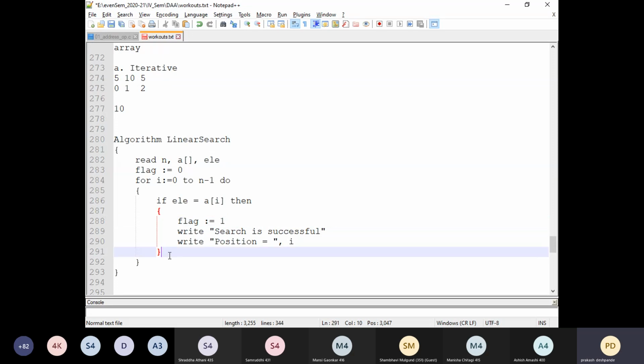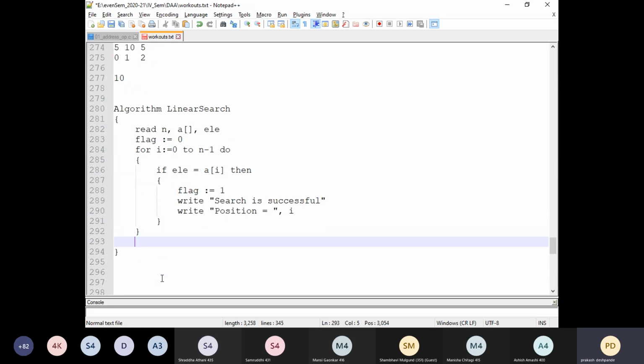So here we don't require an else block inside the for loop, but we need to construct an if and else statement outside the for. Now, can anyone guide me here? I have given you a clue on how we can solve this one. What should I write now? Next statements.